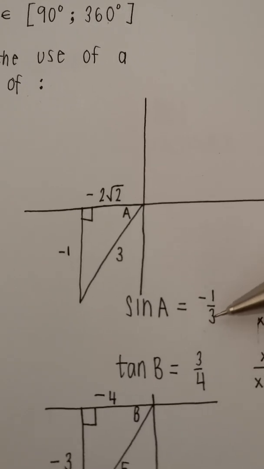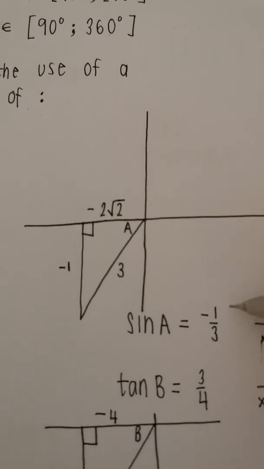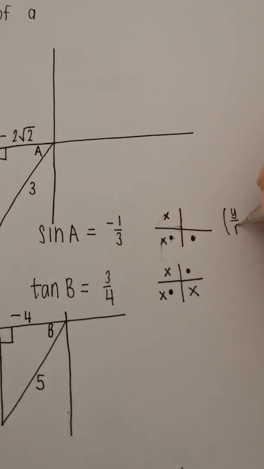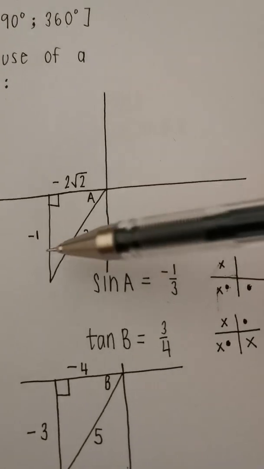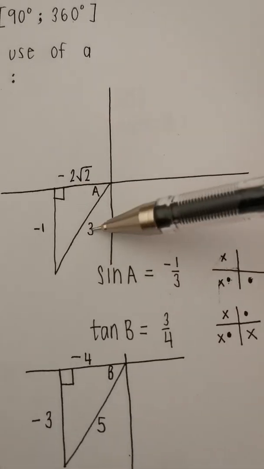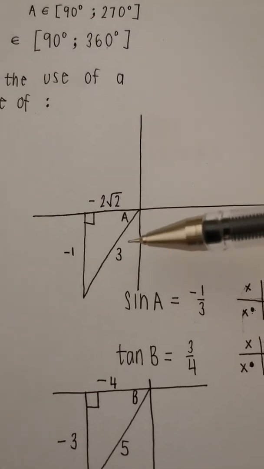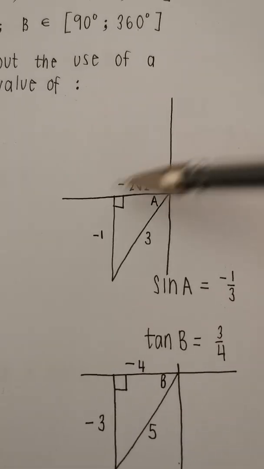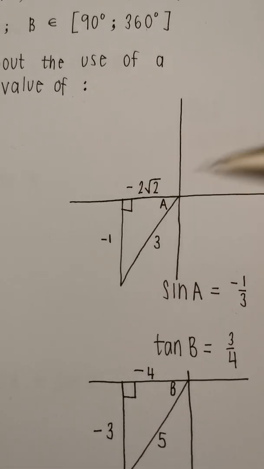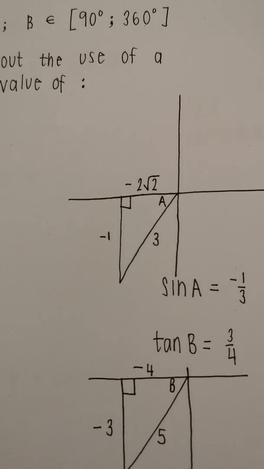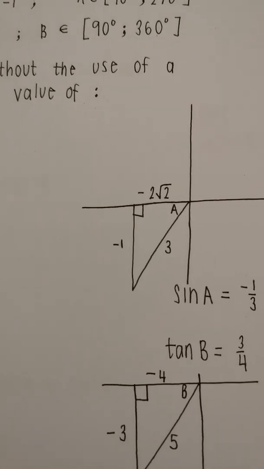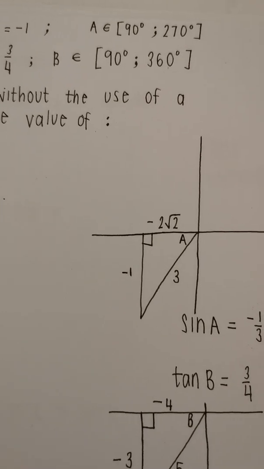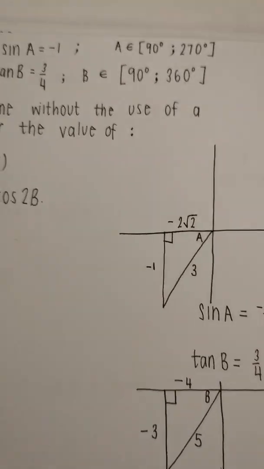I filled in the information. This here is the same thing as, let's just fill it in on this side, y over r. So my y value is -1, my r value is 3. Remember, I just said that the r value is never ever the negative one. It's the x or the y that's negative, right? I figured this out using the theorem of Pythagoras. You can write it down and show that. There's sometimes a mark for it. Please show it down. Otherwise, for the purpose of explanations, I just calculated it and put it there for you,